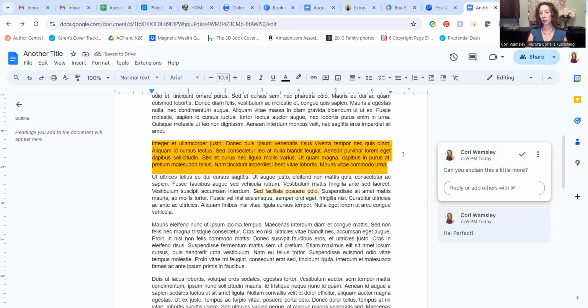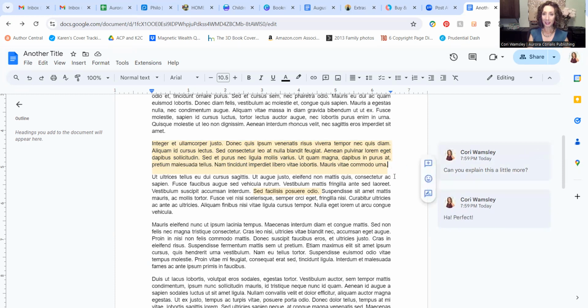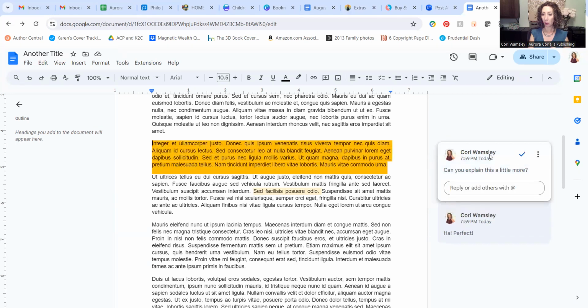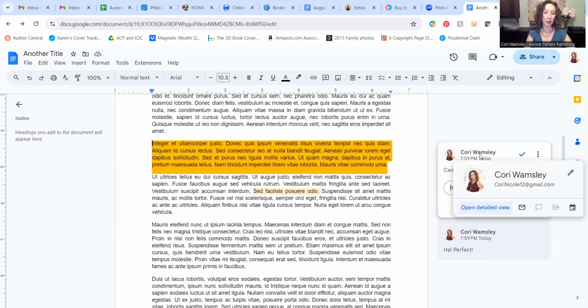Now here, for this paragraph, the editor has said, can you explain this a little more? Now, if you're working on a document and your editor's like, yeah, please, go ahead and add to the document, that's fine. Or if you're not certain what you need to add, then you might want to click over here on this comment that they made and then go to the reply. And you might say,